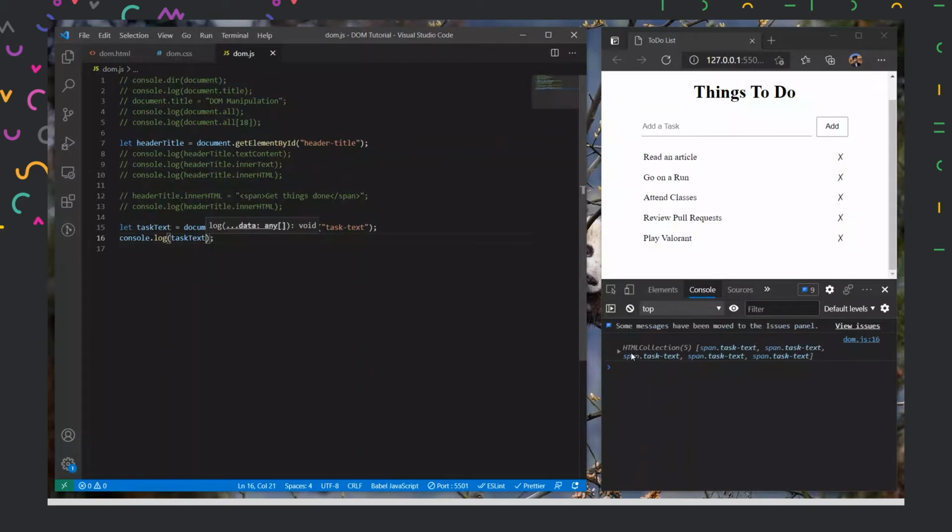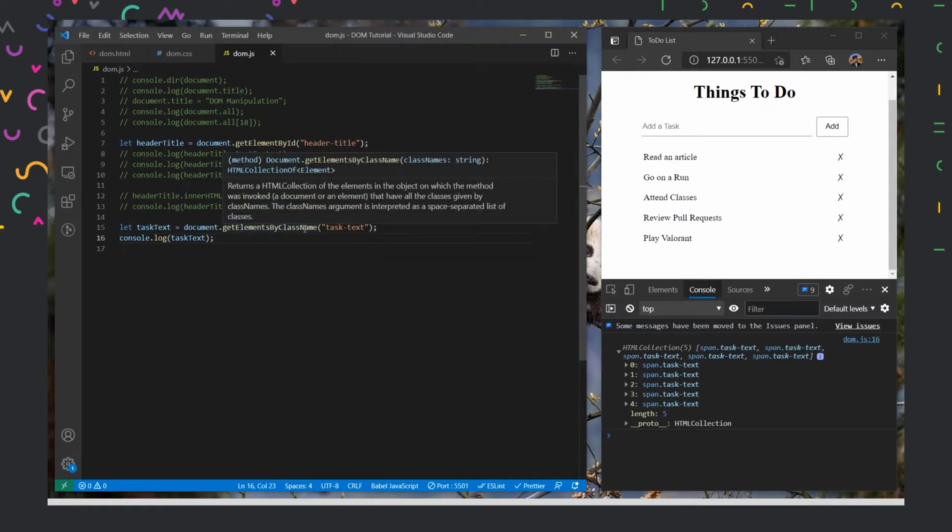Now, if you see, it shows the type as HTML collection, and then it shows all the articles, all the to-do list items we have inside it. And then it also returns us the length of the HTML list. So how many do we have? 1, 2, 3, 4, 5. It is giving us the length 5. But if you notice, the array starts at 0, so it will be from 0 to 4 instead of 1 to 5. So always notice that length will be 5, but the index will start from 0 and then go till n minus 1. Our n here is 5. So that is how we select our classes.